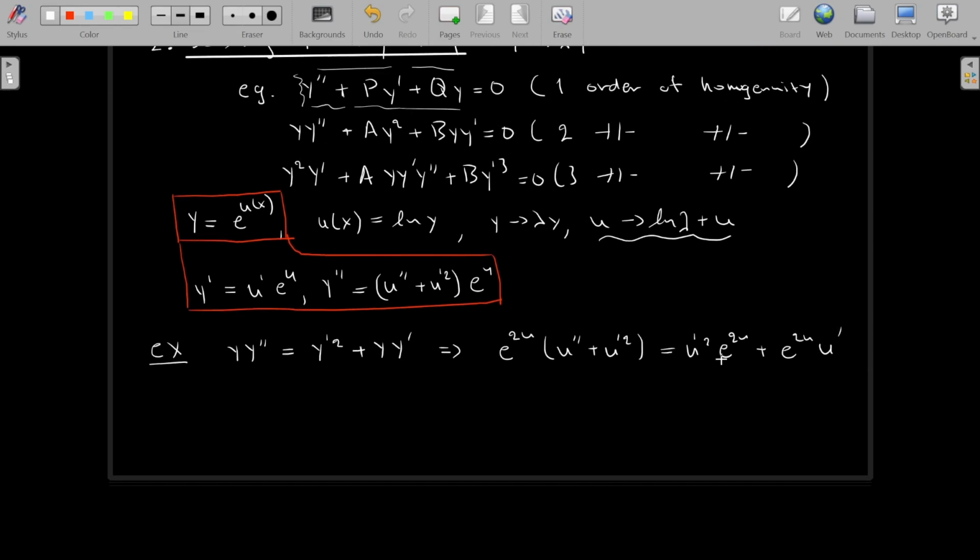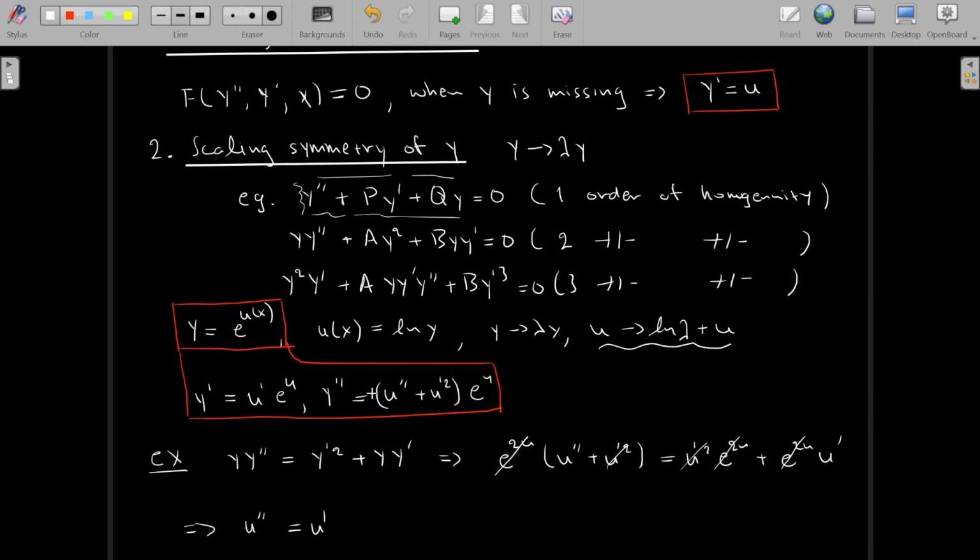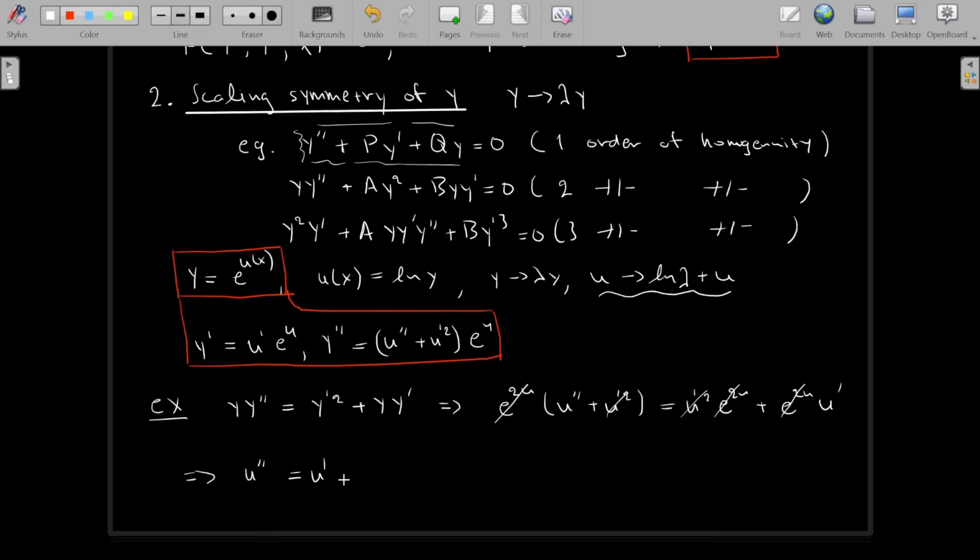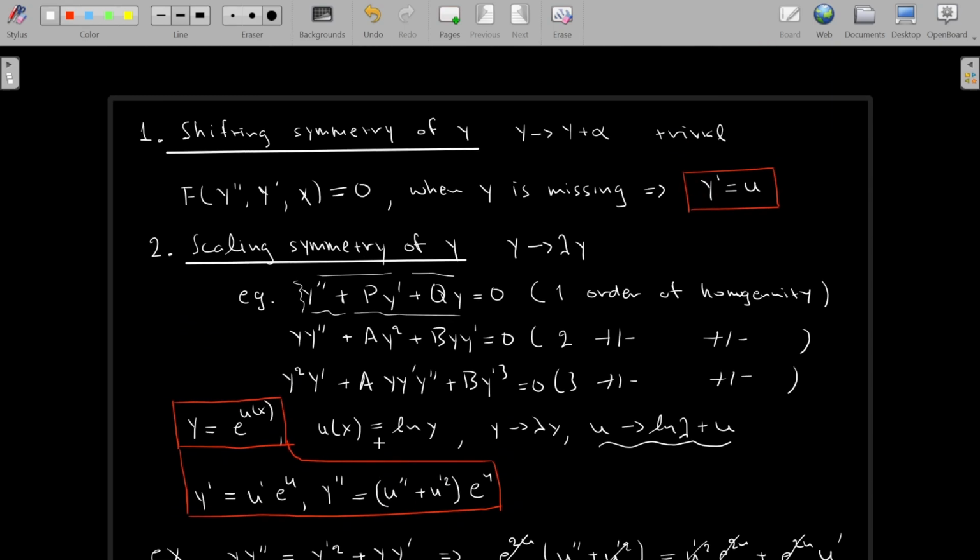And now, indeed, this goes away, and this also cancels with this, and that leaves us u prime prime is equal to u prime. And like we promised, we indeed have a differential equation that has a shifting symmetry of